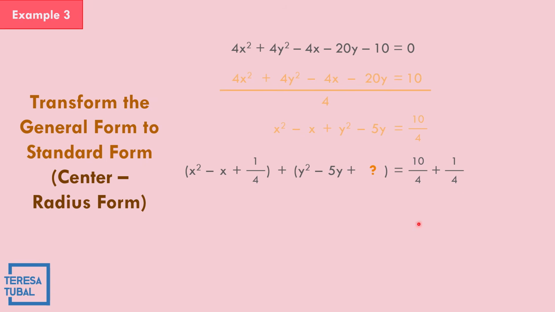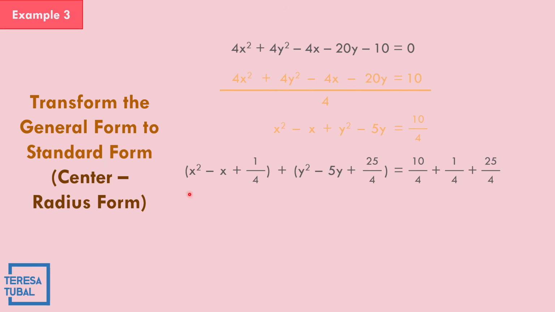Should be added on the right side. That is 1 over 4. How about this one? Negative 5 divided by 2. Negative 5 divided by 2 cannot be divided exactly. So it means we need to multiply the numerator and denominator. Negative 5 times negative 5 is positive 25, and then 2 times 2, the answer is equal to 4. The number to be added is 25 over 4. Should be added on the right side. That is 25 over 4.